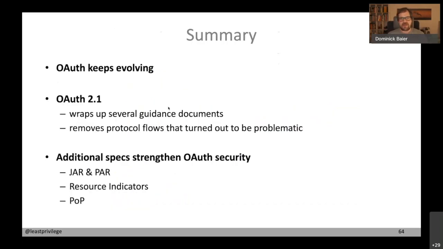Okay, cool. So that's all I have. I guess the summary is that, as you can see, OAuth keeps evolving. It's not just RFC 6749. There's a lot going on, mainly because it's so popular. Maybe 10 years ago they didn't think it would become that popular, but it did, and it's used everywhere now: e-government, healthcare, banking, you name it. That's why there is a good interest in strengthening it and making it ready for the next 10 years. So that's why OAuth 2.1 will be released soon, and that's why these additional specs exist